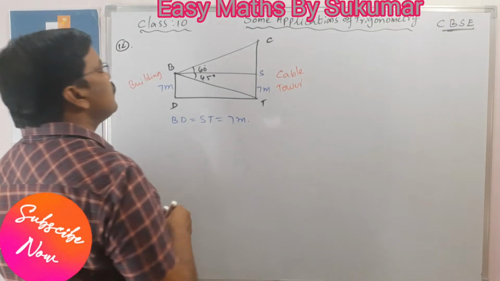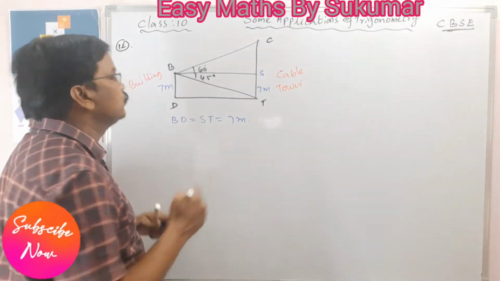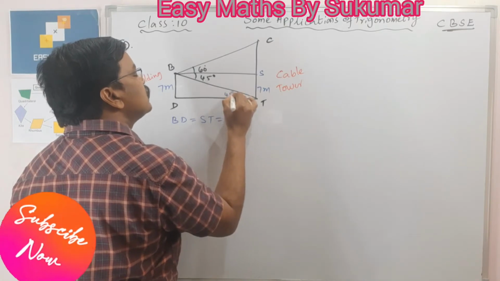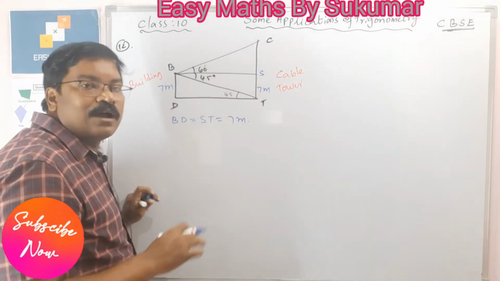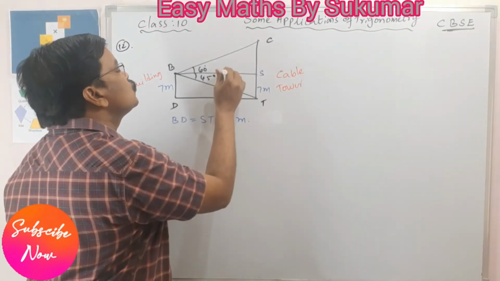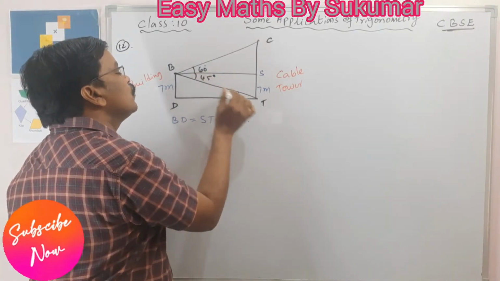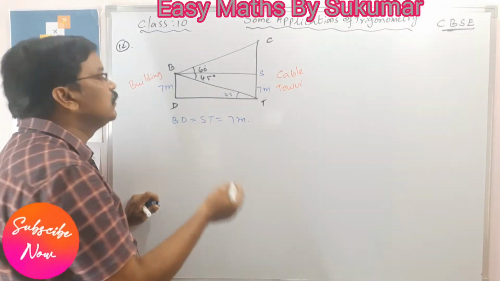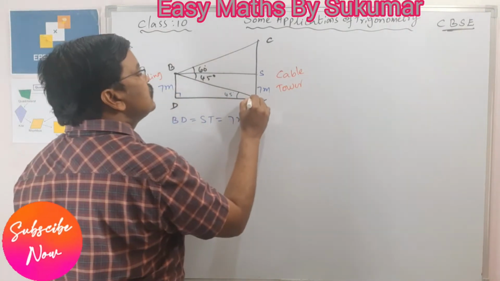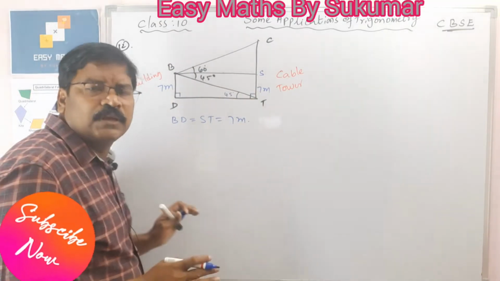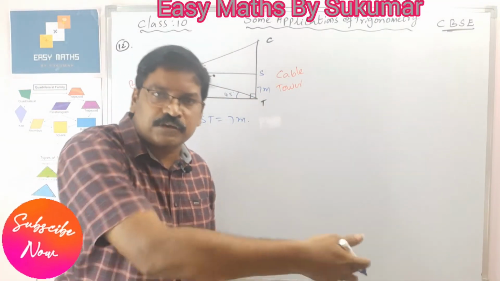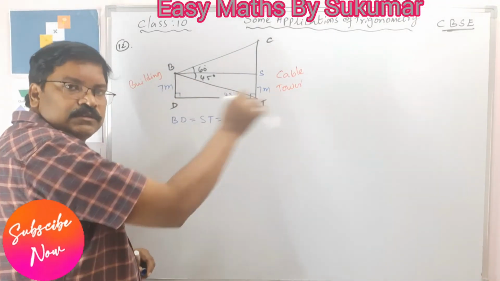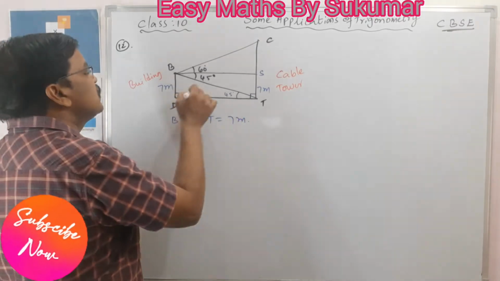Okay. See, my dear students, one more thing I want to tell you. This angle is 45 degrees. So, my dear students, this angle is also 45 degrees. Why? These two angles are alternate interior angles. These two lines are parallel, so these two angles are called alternate interior angles. They are equal. Okay, as you know, this angle is 90 degrees. The angle between this cable tower and the ground is 90 degrees. Similarly, the building to the ground, so this is 90 degrees.